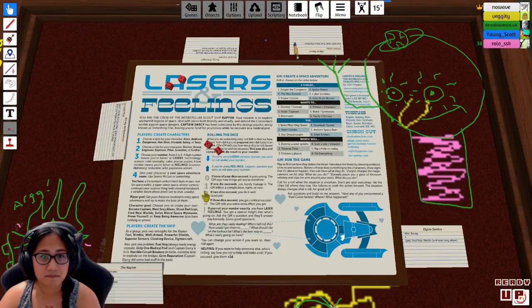Okay, I'm the hotshot doctor who wants to cure space zombies. And you're trying to roll your lasers. Are these space zombies? Roll your lasers for the space zombies. We're gonna beam them aboard. Two dice. First one is 4. Second one is 3. Oh, Scott, you have laser feelings, which means